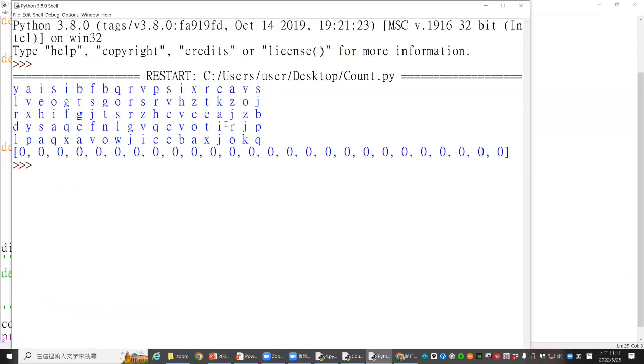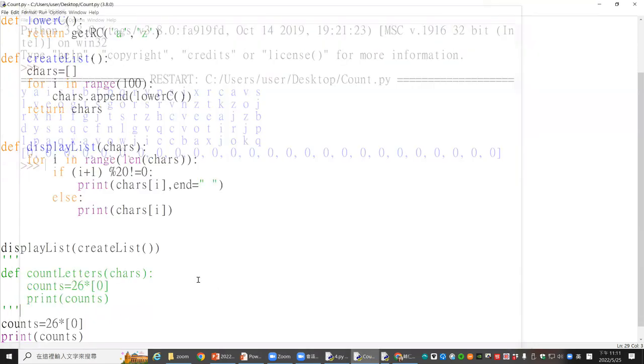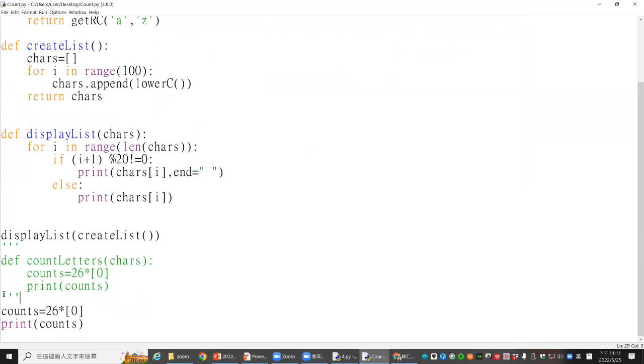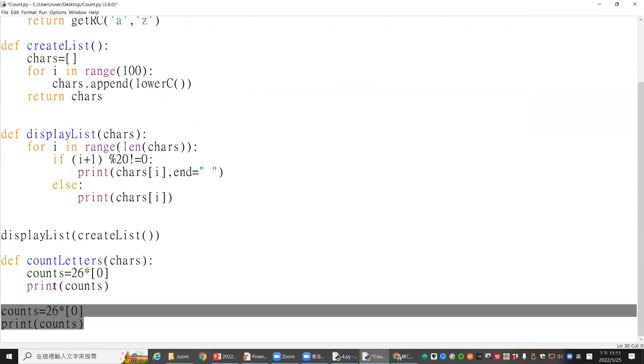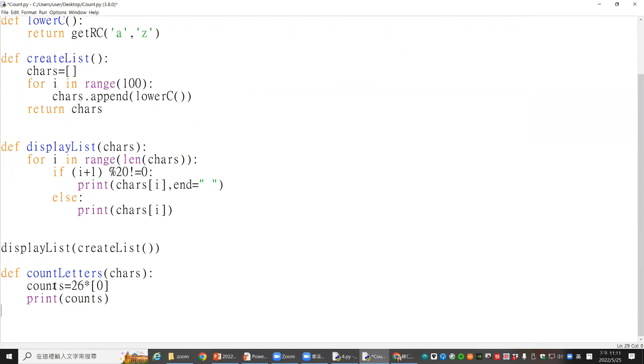So we have 100. Then we have an array, a list of 26 zeros. The first thing is we want to replace A, right? We want to count each one. So I just demonstrate what the effect of 26 multiplied by 0 is. Yeah, you will have a 26-zero list, right? But actually we do not want to print count here. We just demonstrate. And then what we really want is to count, for i in range